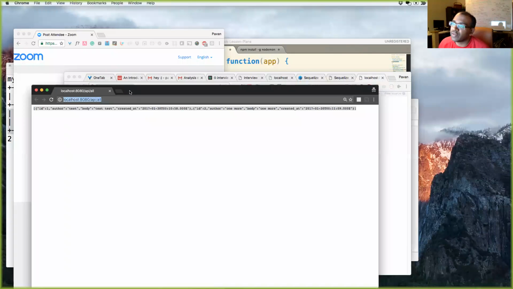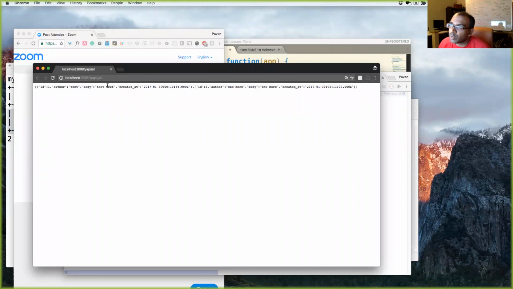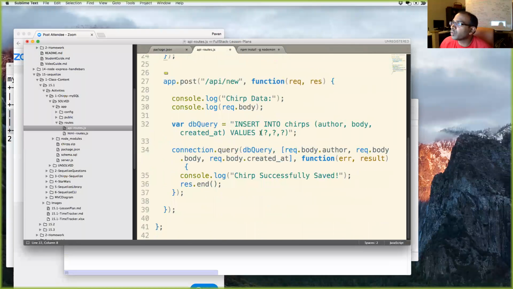Yeah. And if we had an Ajax request, we would get back this, and it would come back to us as JSON, and we can basically loop through these chirps and add them to our page, right? Now with posts, we're going to get our data from the request. We're going to go into the body of the request, and inside of our body, we're going to have access to all the name attributes of our form, or the name attributes of what we sent to this post route.